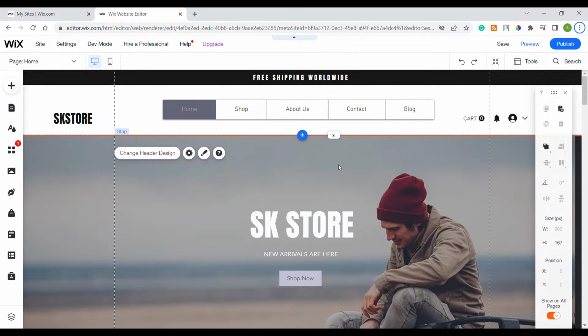So today I'm going to show you the tutorial of Wix, and here I'm going to show you how you can set the effect on the header of your Wix site to the disappear mode. There are many modes that you can set to the Wix site menu or the header. Recently I showed you how to give a sticky effect to the header of the Wix site, but today I'm going to show you the disappear option